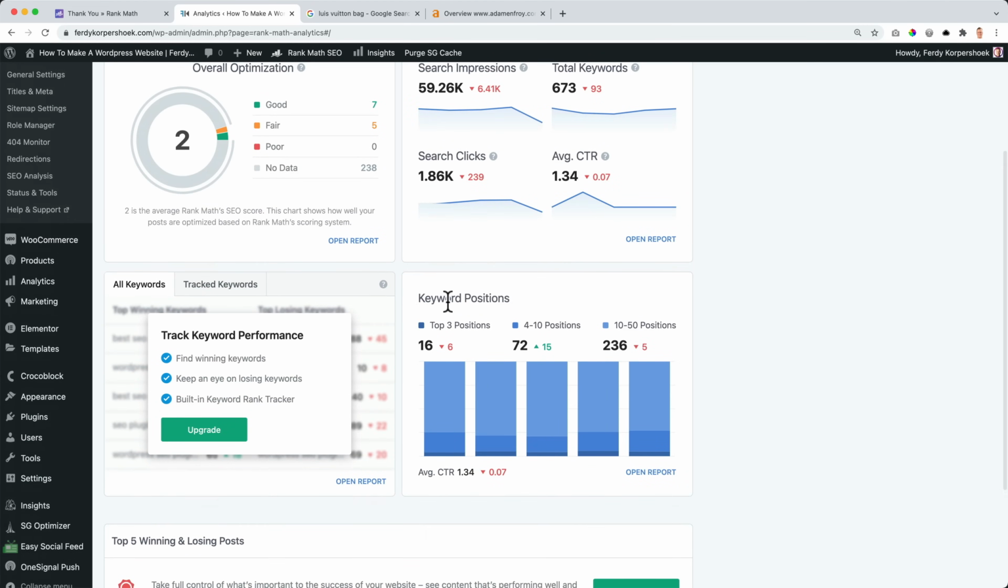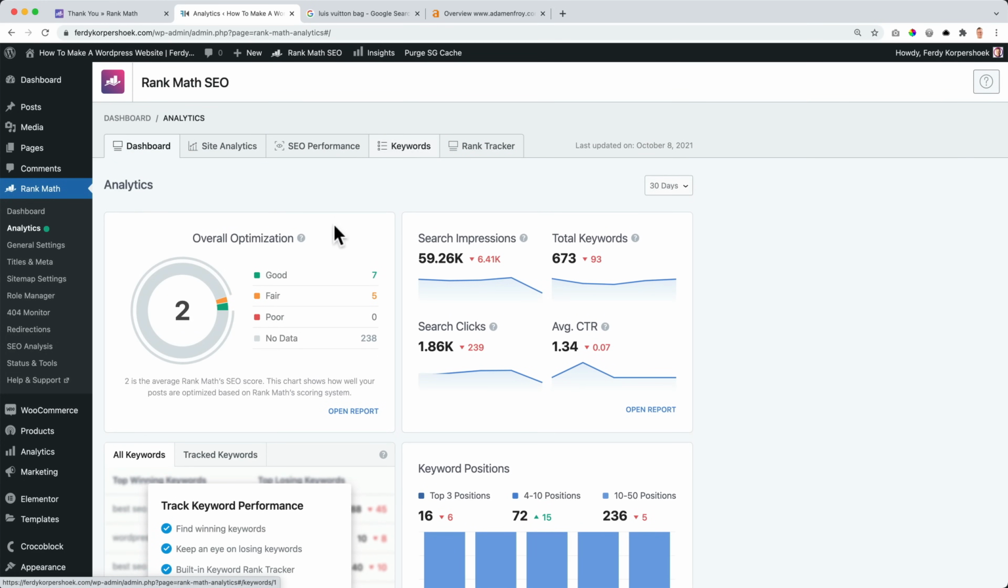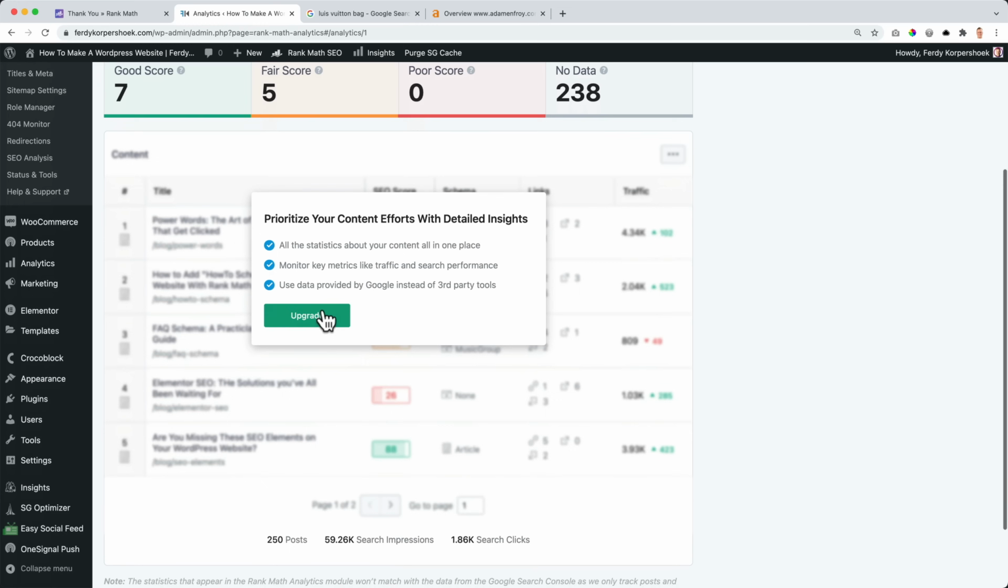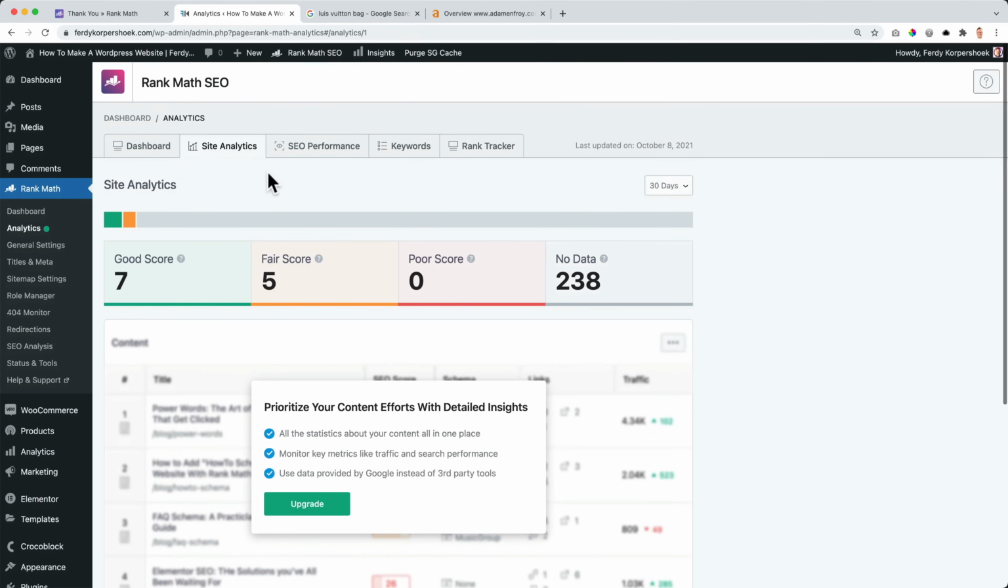And the third tab is the keyword position. So the top 3 keywords, I have 16 keywords that are found in the top 3 positions within Google. There are 72 keywords that are in number 4 to number 10 in the Google search results and 236 between 10 and 50. So I can open the report, and when I do that, I actually go to the second, third, or fourth tab. So if I click over here, I go to the second tab and we can see more information over here, but then we need to upgrade. I will show you in a minute what you will see over here. When you upgrade, then